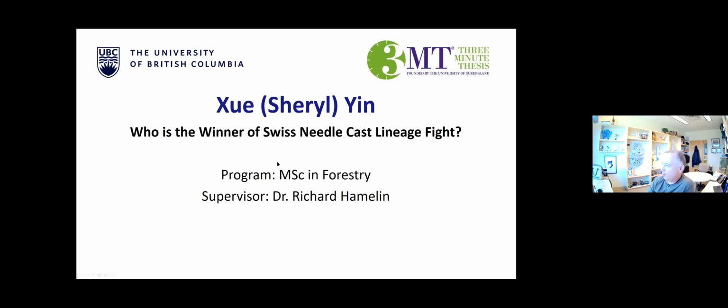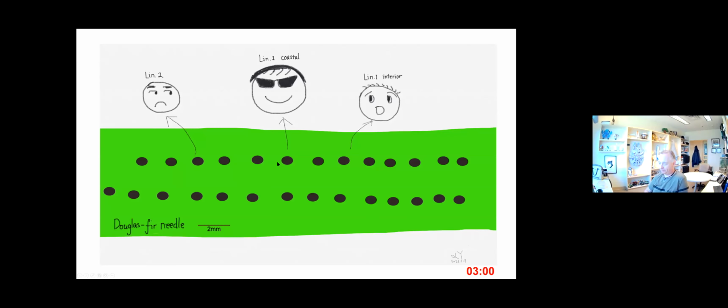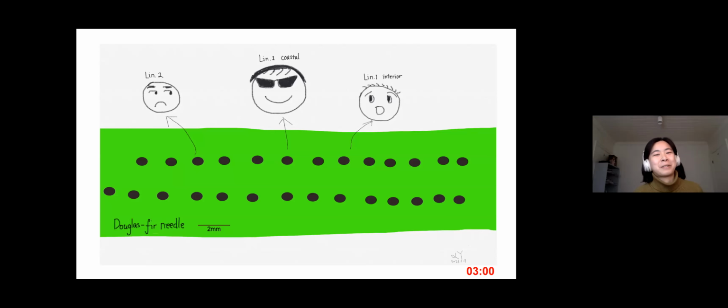3, 2, 1. When you look at this drawing, you may wonder, who are those three weird guys? Well, they are the structure of sexual reproduction, aka fruiting body, of a fungal pathogen called Swiss needlecast. They may seem small and harmless. However, they are pushing out from the breathing holes of Douglas-fir needles, and eventually they will choke the tree and stop it from growing, which causes not only damage to our beautiful Douglas-fir, but also tens of millions of dollars